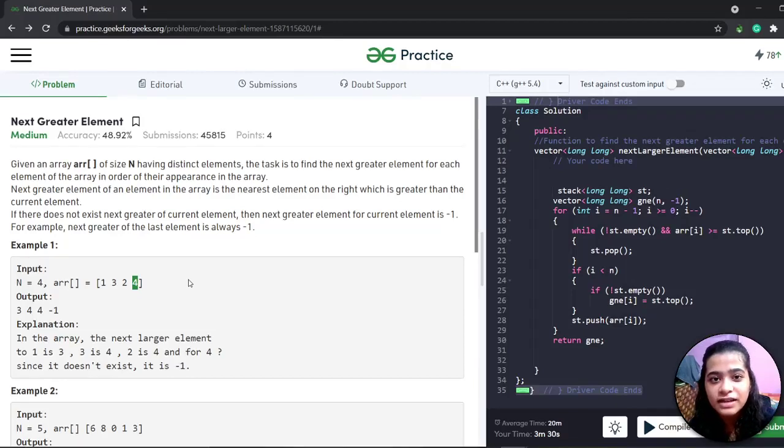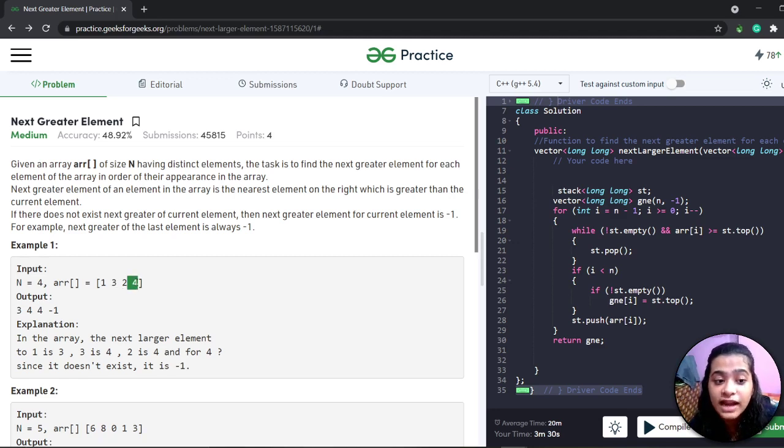Everyone, today we are going to learn an important question, which is next greater element. So the question is, given an array of size n, we have to print the next greater element. What I mean by next greater element is, suppose the first index is 1, the next greater element is 3. The next greater element is the immediate greater element of the element that we are searching. Like we are finding it for 1, that is the first index, so the next immediate greater element is 3, so the output is 3. And for 3, the next greater element is 4.